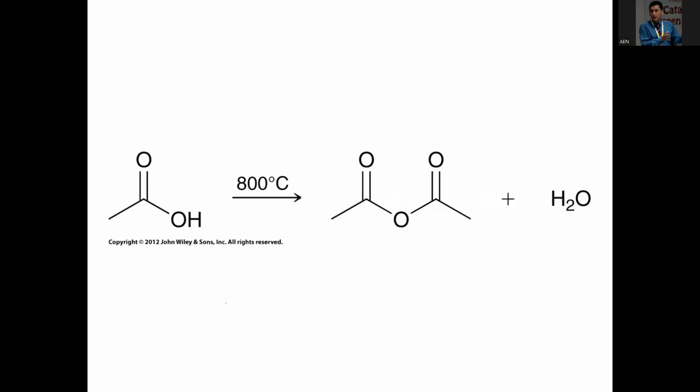Good. Now, let's go to anhydrides. We're in the second functional group. Remember, as I told you, as we go down, the stability gets higher, so the number of reactions is smaller. Okay, so ways how to make anhydrides. The best way to make anhydride, of course, symmetrical anhydrides, is by thermal formation. Carboxylic acid at 800 Celsius degrees, really hot, right? Maybe even in the gas phase. In the gas phase, they will merge,